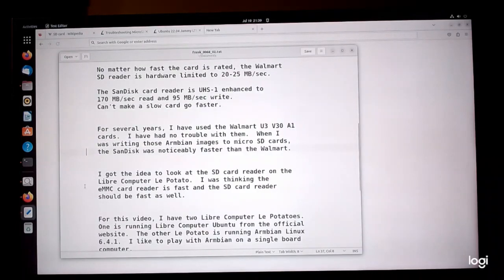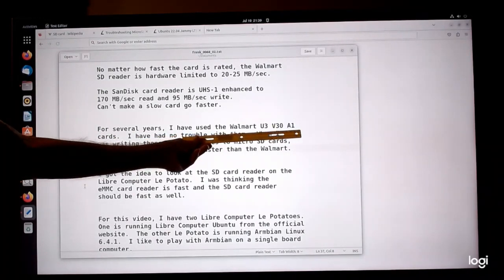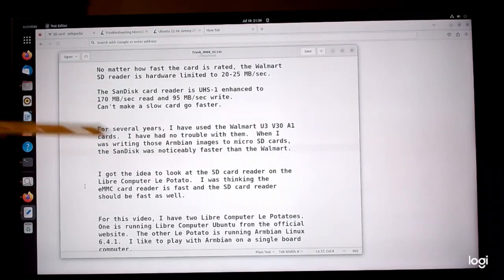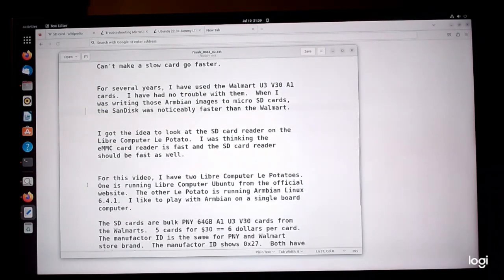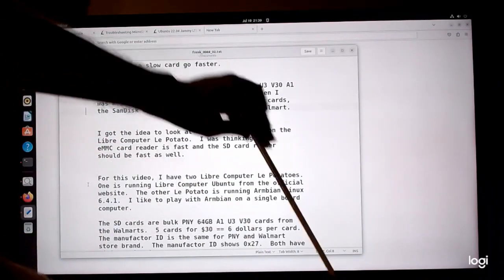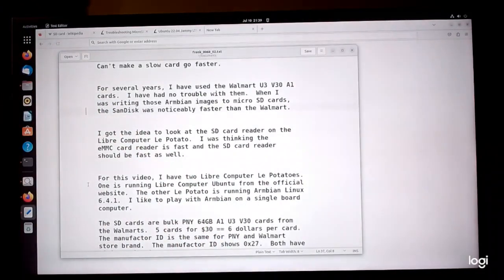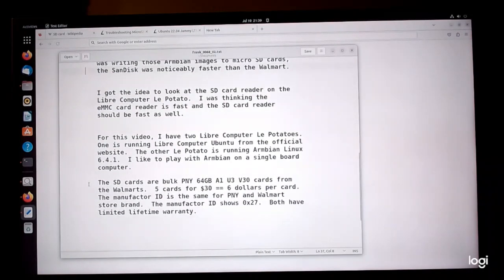Yeah, now I've been using these Walmart cards, U3 V30 A1 cards. I have not had any trouble with them, and I've been using those for years. So I was getting the idea to look at them on both the Armbian and the Libre distribution, to see if I can see any difference. It actually turned out to be quite